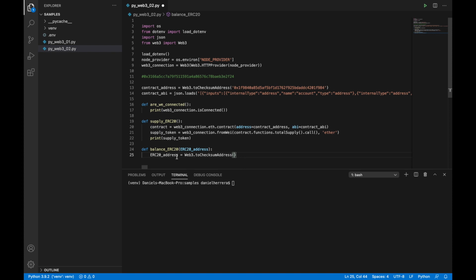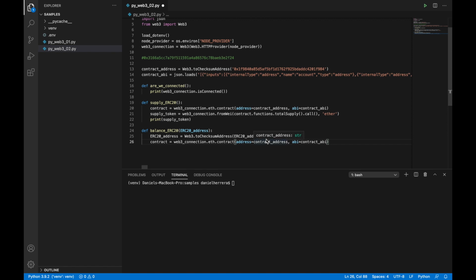So basically, we're doing a reassignment of this variable to itself, passing it as a parameter to this one, and then we reassign it to itself. That way we have the address in a machine-friendly format. Now, what we need to do is something very similar. We need a contract object,